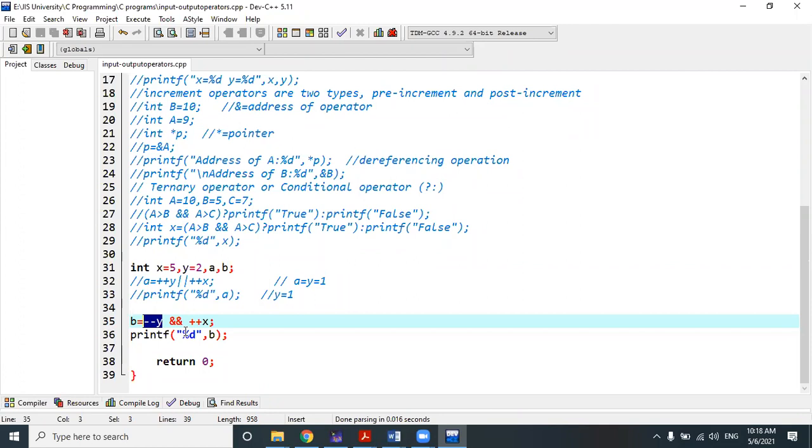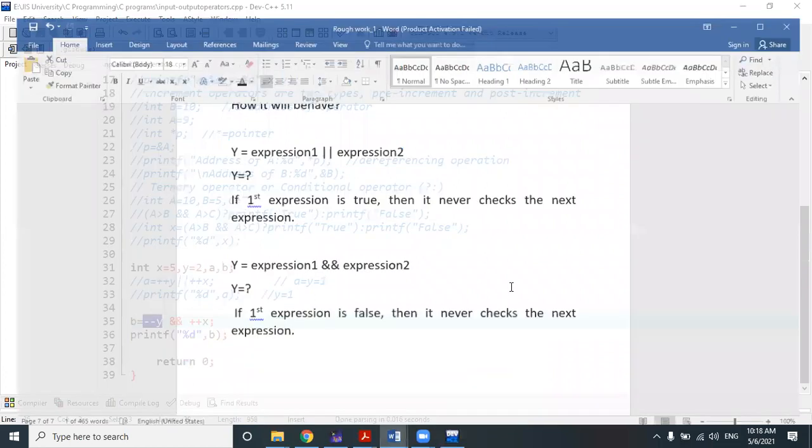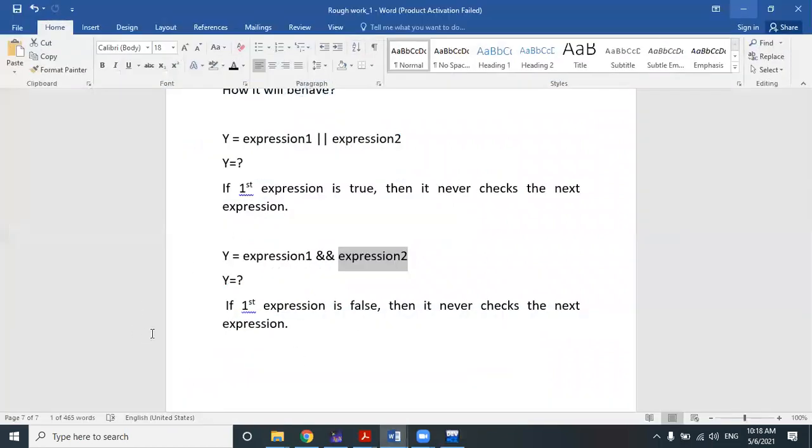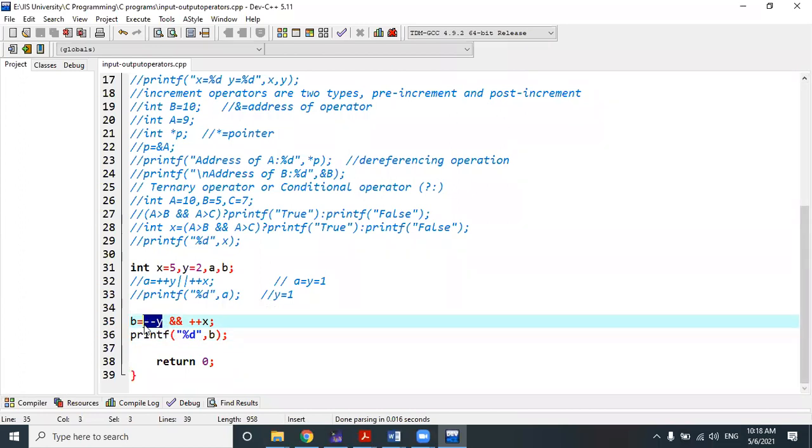That means if the first expression is false, then it never checks the next expression. So here, if 1 is there, that means the first expression is true. So then it will check the next expression. Plus plus x means what? The next expression is also true. So it will actually store 1.